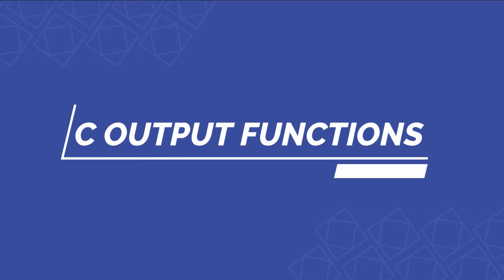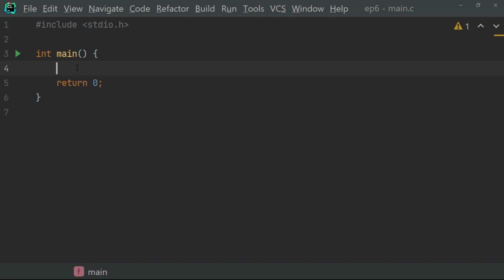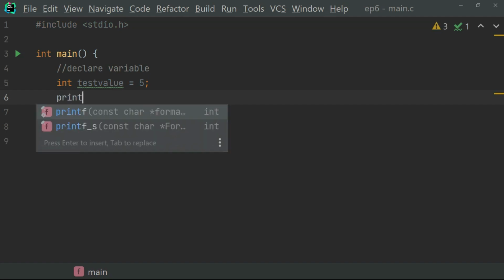In C programming, there are different ways of getting output, but the frequently used is the printf function, which we have been using from the start of this series. Let us look at this example. If I declare a variable, I could give it a name like int first value equal to 5, and then call the printf function. Then I ask it to print out my value,